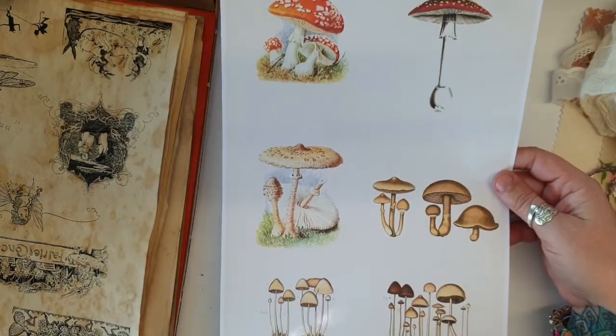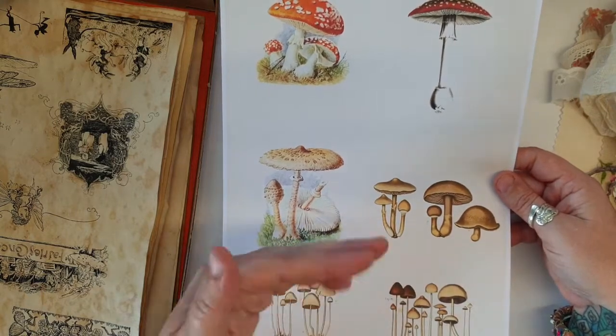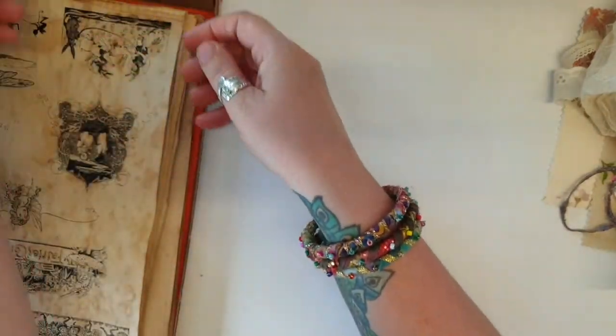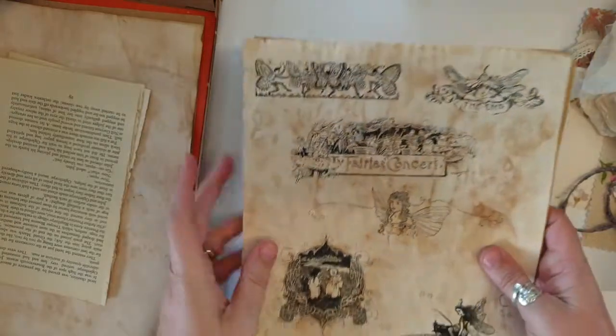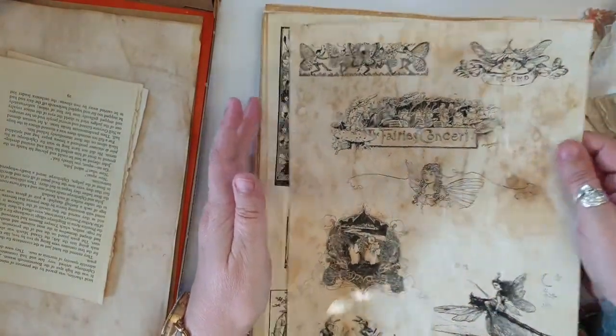I've even cut one of them out, actually I'll show you in the sample, to do one of the paper clips as a little mushroom paper clip, which looks really cool. So that's all your coloured prints. And now we move on to 6 pages, I think it is, of, so I trawled the internet and found lots of, again, 19th century